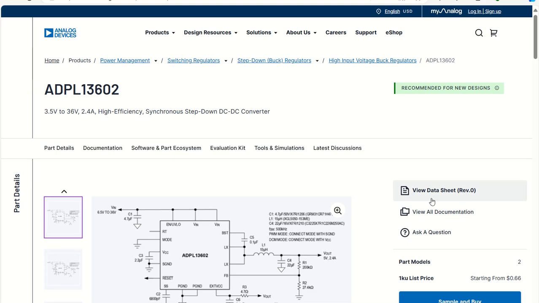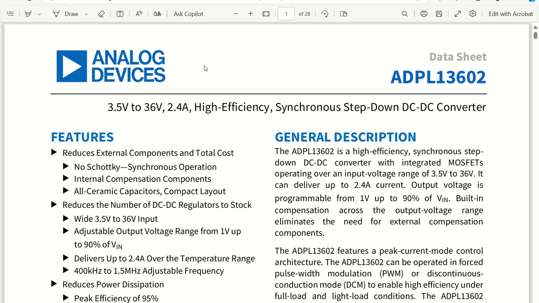So once we click on view data sheet, we'll have the data sheet ready with us. Now we'll just proceed. Okay, so let us see that we have the data sheet available with us, which is ADPL